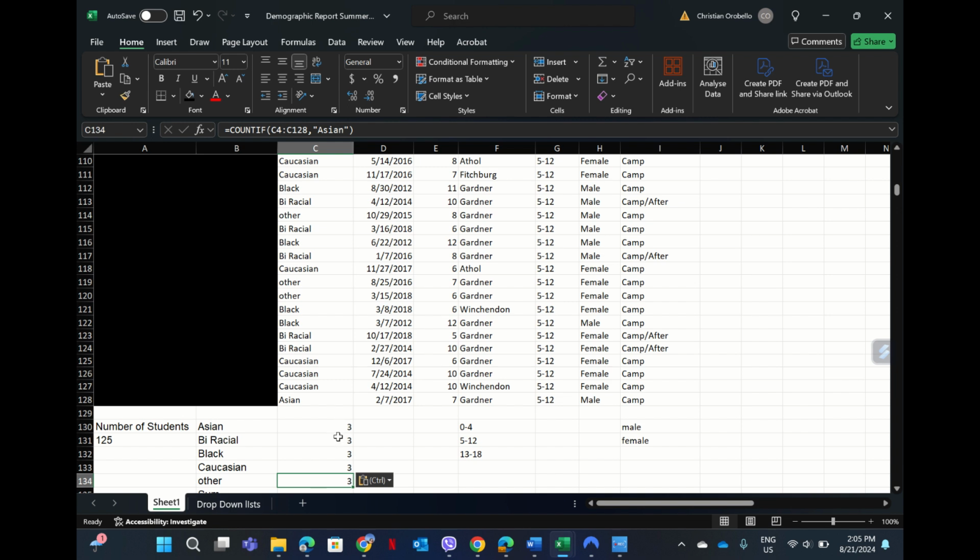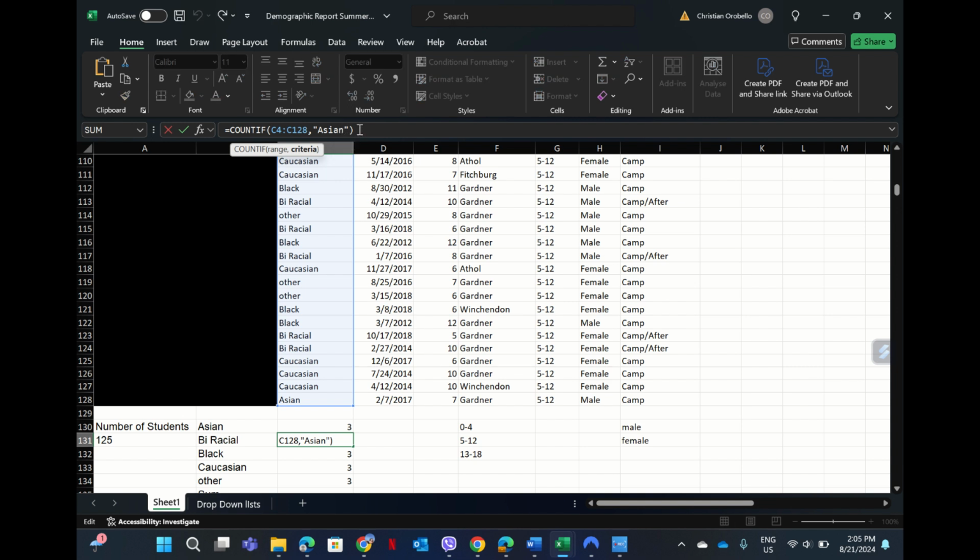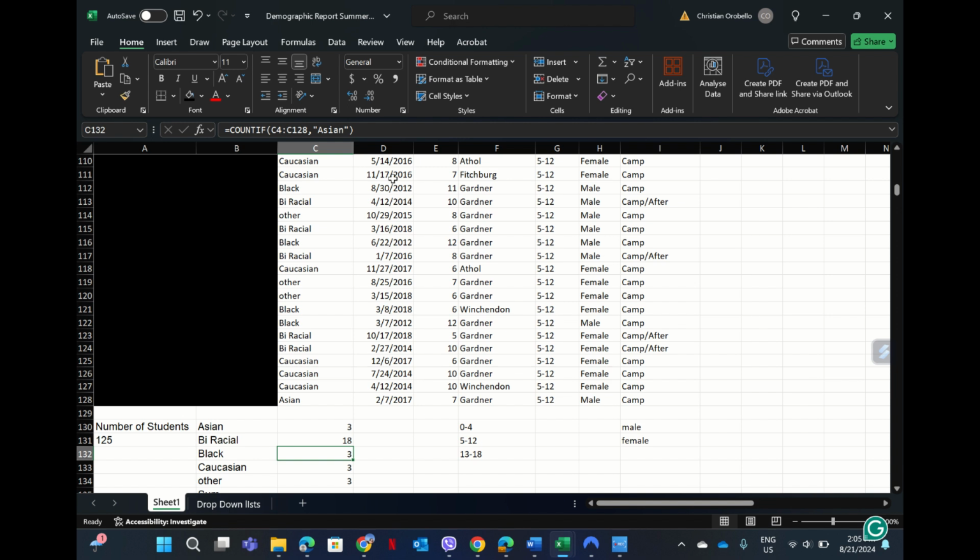Now the word needs to change. So now what I can do is click on this one, then go back up to my formula box and click biracial. Now one of the very important things that we need to remember is we have to be sure to type it exactly as it is in the formula. Because if we have a mistake, now what I did this time is I made it a small b. That doesn't matter. But if I spell it incorrectly,